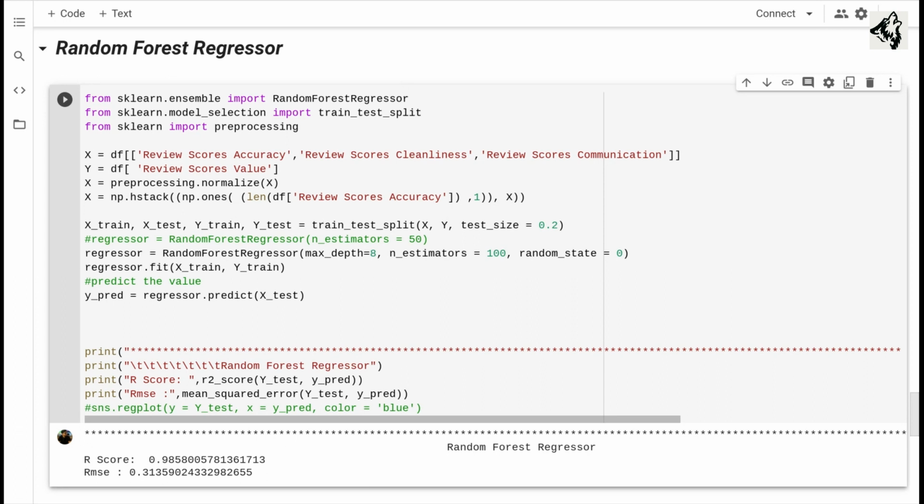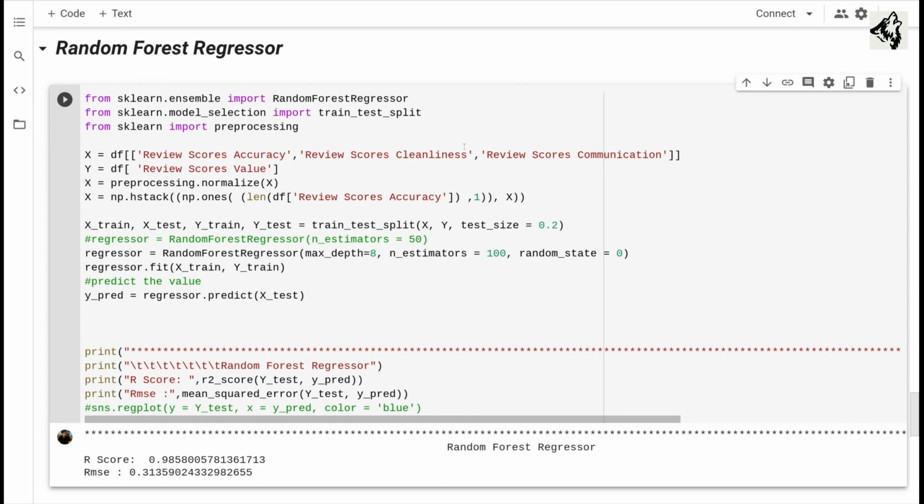As we had explained earlier in the model of linear regression, review scores accuracy ranges from 0 to 10, and it basically means how accurately the property was described and how it turned out to be actually. Cleanliness is how clean the property was.